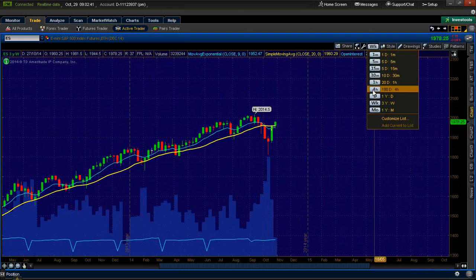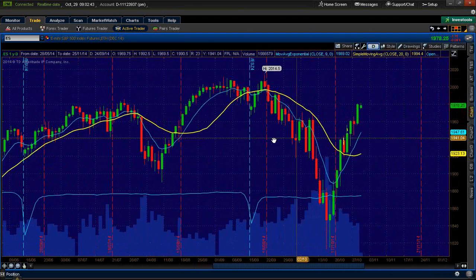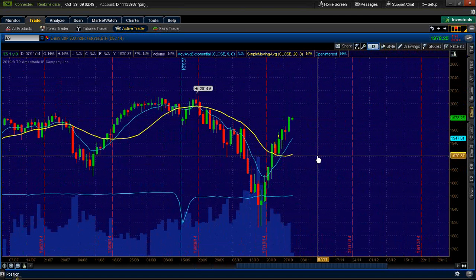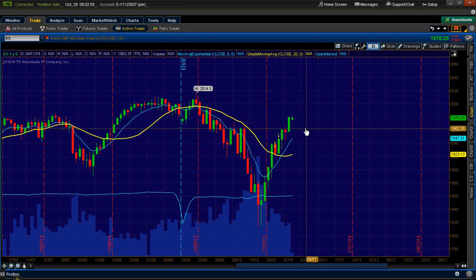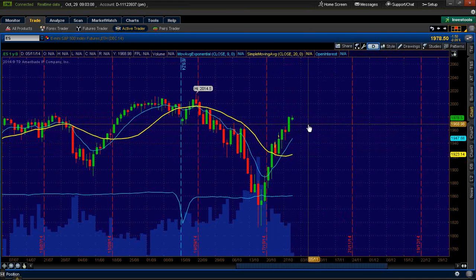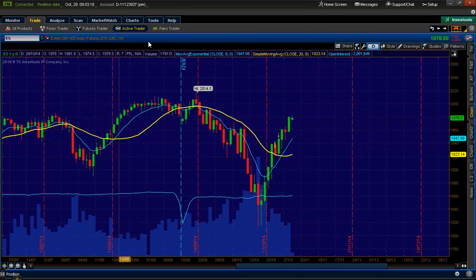Going over to the daily, you can see that the trend is running very strong right now. There is a naked cross down here at 1920. I'm looking at the 1921 area for this to get cleared, but I don't think it's going to get closed right away. We do have a technical gap shaping up here. Price is running pretty fast and pretty hard, so depending on what happens with the Fed, I think we could get a rotation down and close the technical gap on the daily if the Fed news is something they don't like.